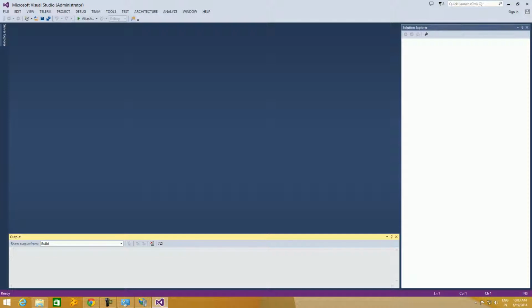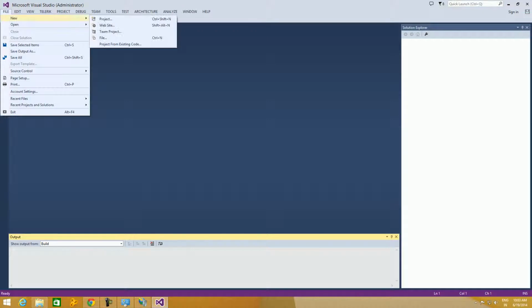Microsoft has provided an inbuilt server called Cassini, which is installed when we install Visual Studio. This is called the development server, ASP.NET Development Server. You can use that Cassini server while developing, and later we can deploy it in IIS. So we'll see how to create a website without using IIS, and later we'll try to deploy it in IIS.